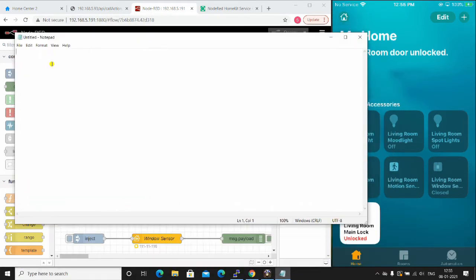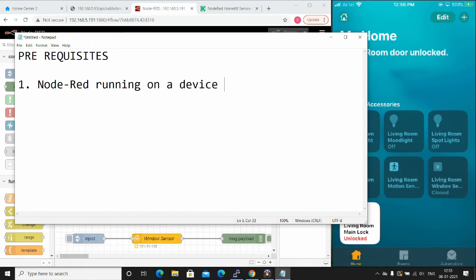The prerequisites required for this are not much. Of course, you need Node-RED itself. You must configure it to run on some device. In my case, I am using a Raspberry Pi 3. You might use even a Raspberry Pi 4 or some other device that supports Node-RED.